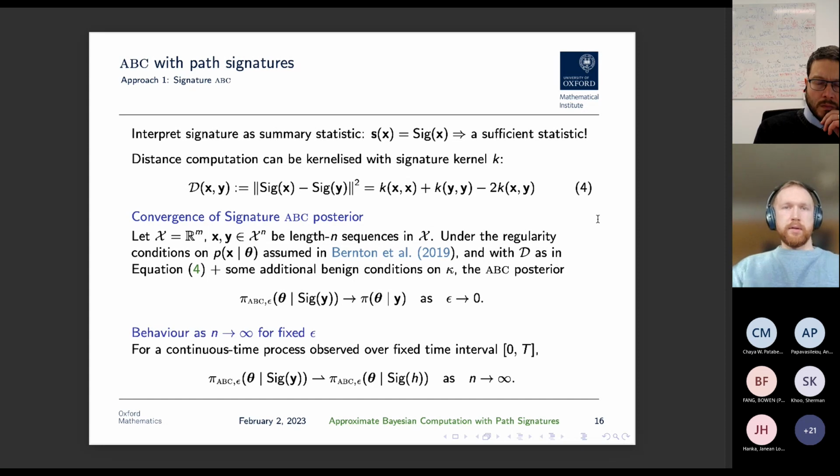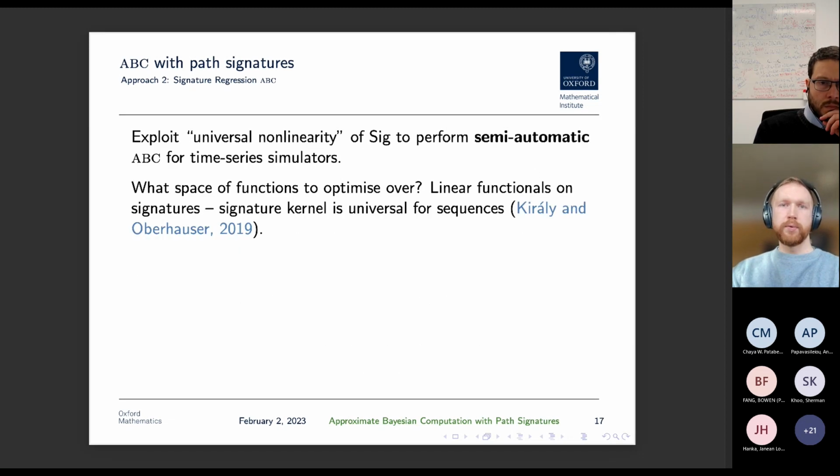And additionally, the fact that it converges weakly to the ABC posterior on the full path for a continuous time process when the sampling rate is taken to infinity over a fixed time interval. So that's the first approach that we propose, and we call it signature ABC. And then the second approach that we propose, and that we call signature regression ABC,